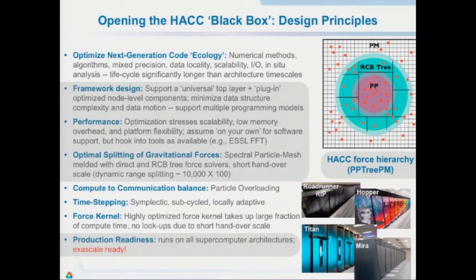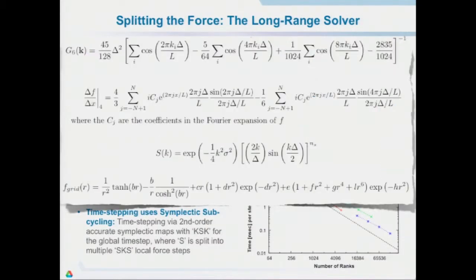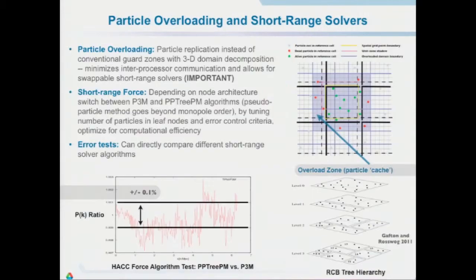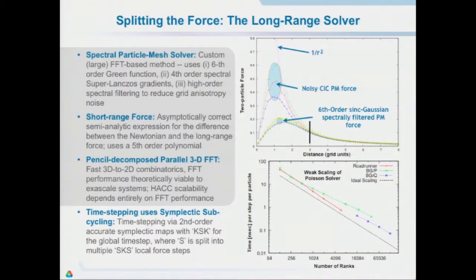Hal will tell you more about the spectral mesh solver, so I won't say too much here. These are technical details about how the code works. I want to stress one or two things. In these N-body codes, you can split the short-range solver and the long-range solver, and that's what we do. The long-range solver runs in exactly the same way across all architectures, but not the short-range solver. That's different. But the handover between the short-range solver and the long-range solver is important. You want the handover to happen at as small a scale as possible.